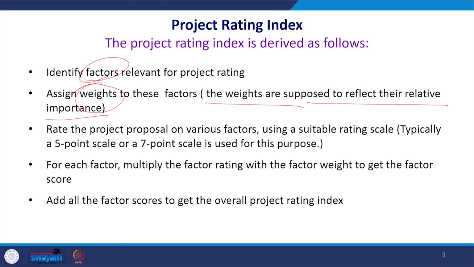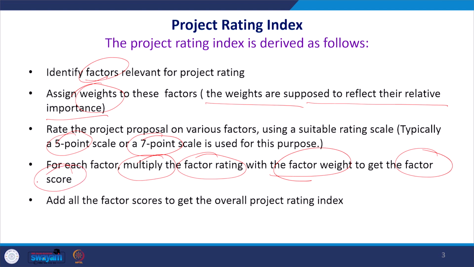Then you have to go to the next step: rate the project proposal on various factors. We have to rate it either on a 5-point scale or on a 7-point scale. We have to rate whether it is good, very good, average or neutral, poor, or very poor, that is, where you want to rate that particular factor on this 5 or 7-point scale. So, that is a very important consideration. After that, the next step is, for each factor, multiply the factor rating with the factor weight to get the factor score. Then add all the scores and finally get the project rating index